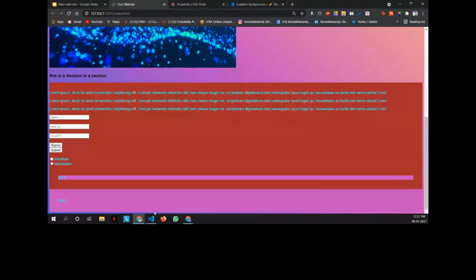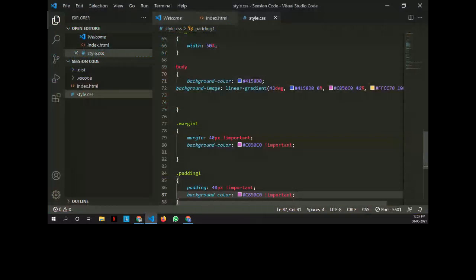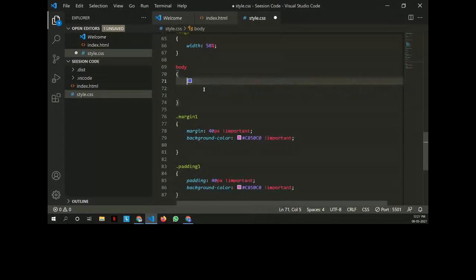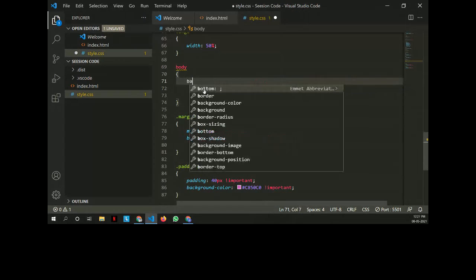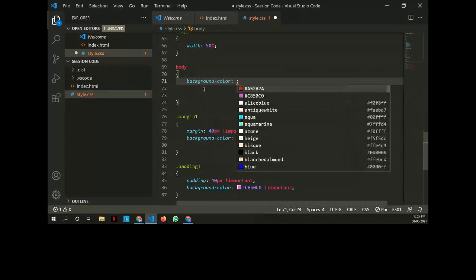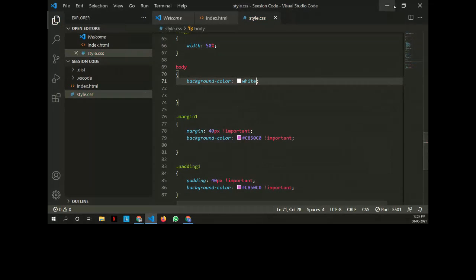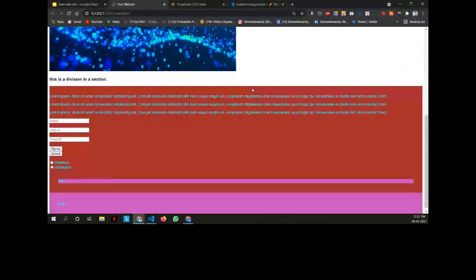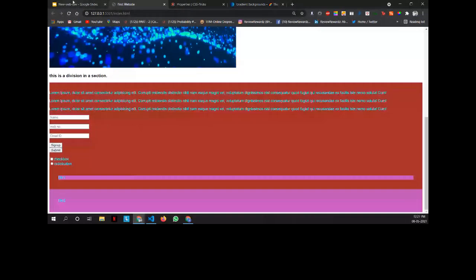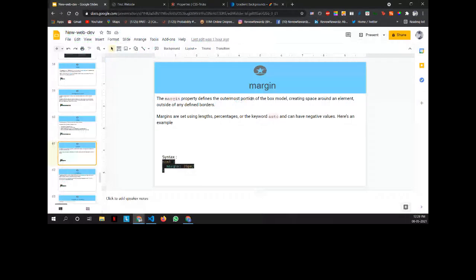Here, margin is the outermost portion of the box model.